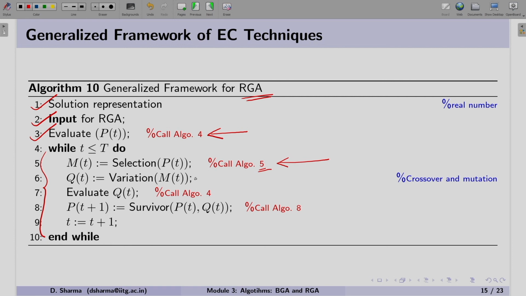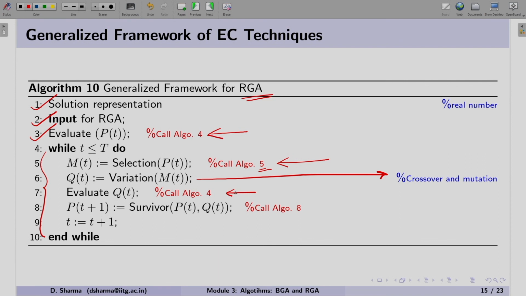Step 6 is the crossover and mutation operator, and we know that we have to change this, because the crossover and mutation operator for real variables is different. Now again at step number 7 we have to evaluate the offspring population.